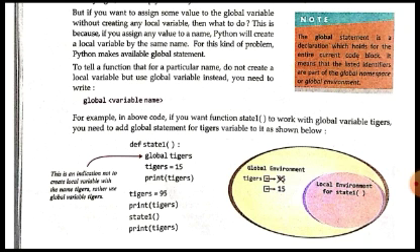By using the global keyword, we are denoting that this is not a local variable. Here we are not creating a local variable. Here we are referring to the global variable, and that global variable is the same variable which has been defined outside the function with the value 95. So here we are telling that this is the variable which was initially having the value 95, and this is the same variable which is being referred to in the function in the global scope.